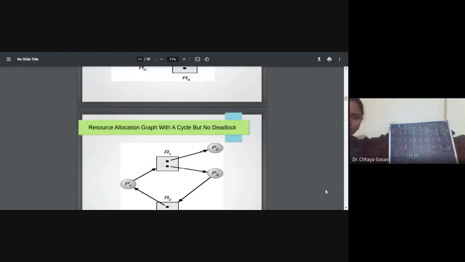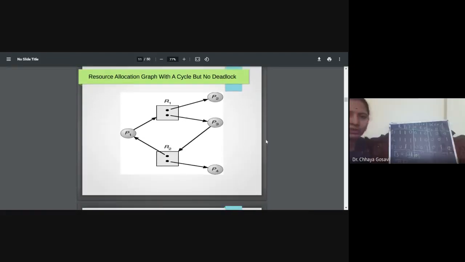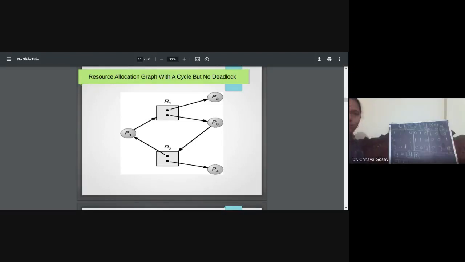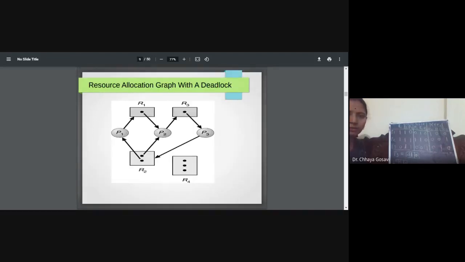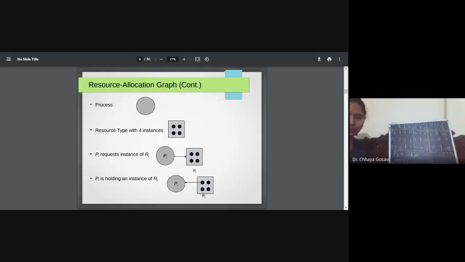Similarly, check for this case. Draw the matrices. Ma'am, but available is 1, 2, 1, no? See how to calculate available. Available was 1, 2, 1 after execution of P3.